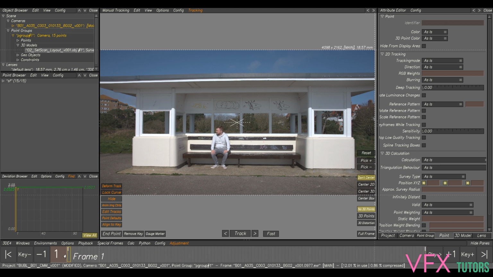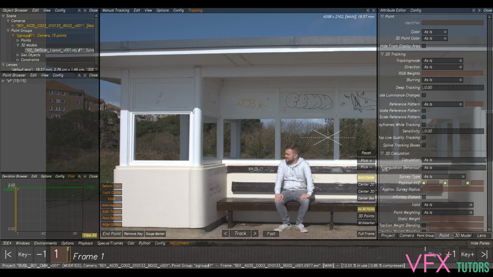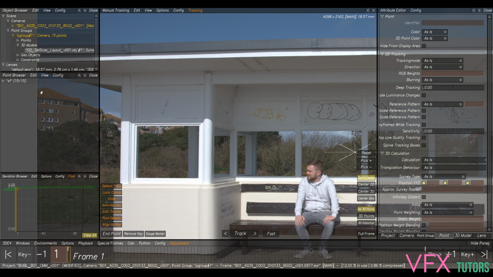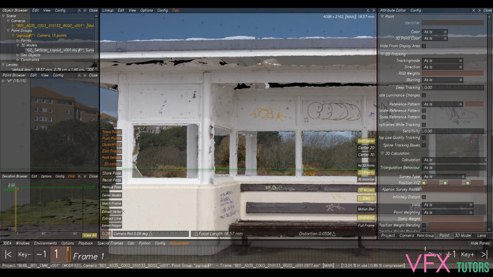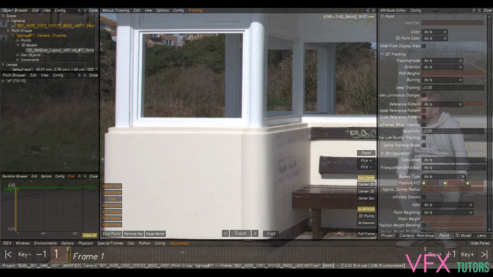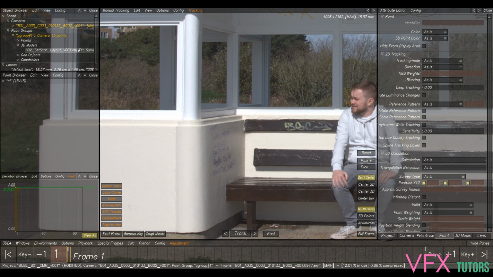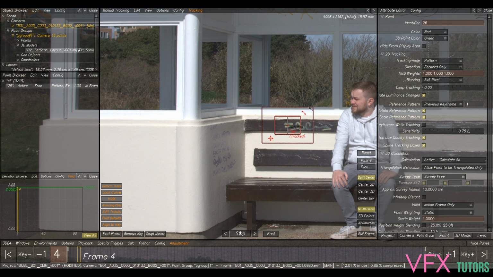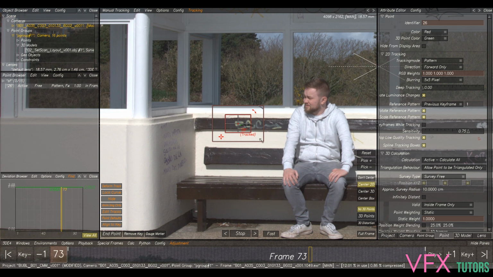So this should be a pretty simple shot to track. It's not really moving apart from some jitter. So now we've got our lineup. We'll just store it again just in case we lose it, but it should be okay. So now we'll just start tracking. Making a tracking marker is hold Control and left click. And you shouldn't need to play around with anything. Engage marker and just click track. And if you center 2D,